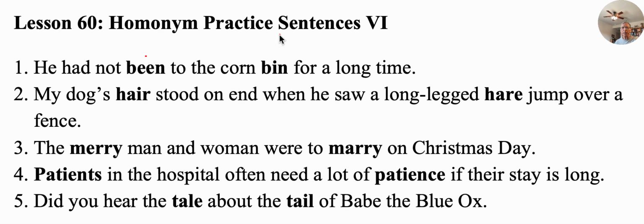But this has been, now what's the difference? This has been a verb. Have you been good? Okay. He had not been to the corn bin. A bin here, this word is,